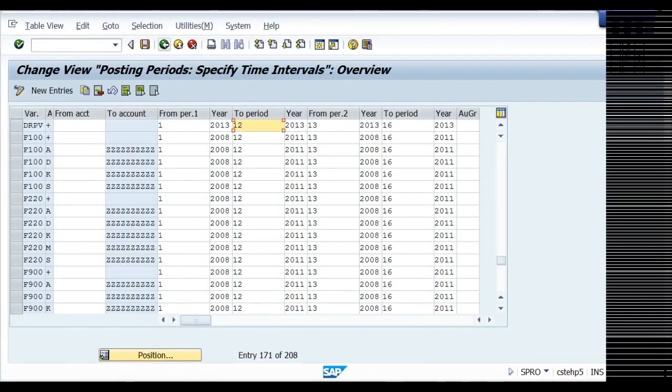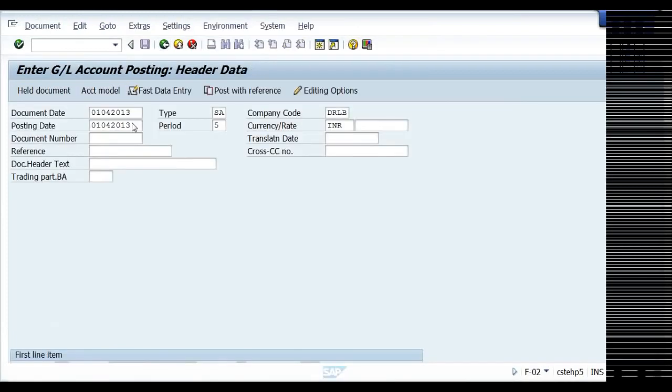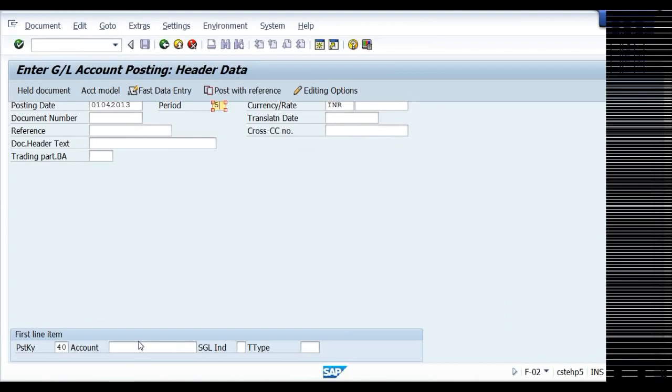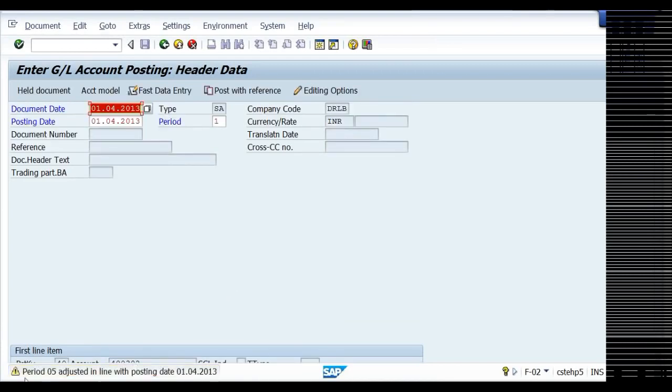So DRPV I'm taking, for which all periods are kept open. And here the period, though it is showing 5, now it will change. Say office rent 400302. Telephone expenses account this is. Press enter. The system gives a message: period 5 adjusted in line with the posting date 1/4.